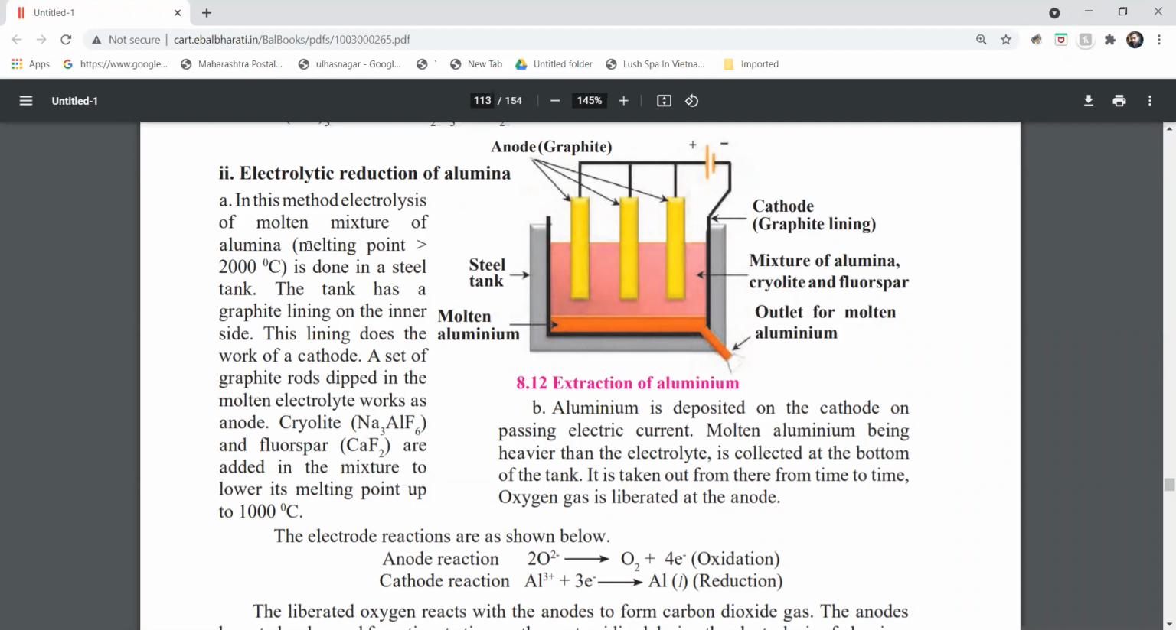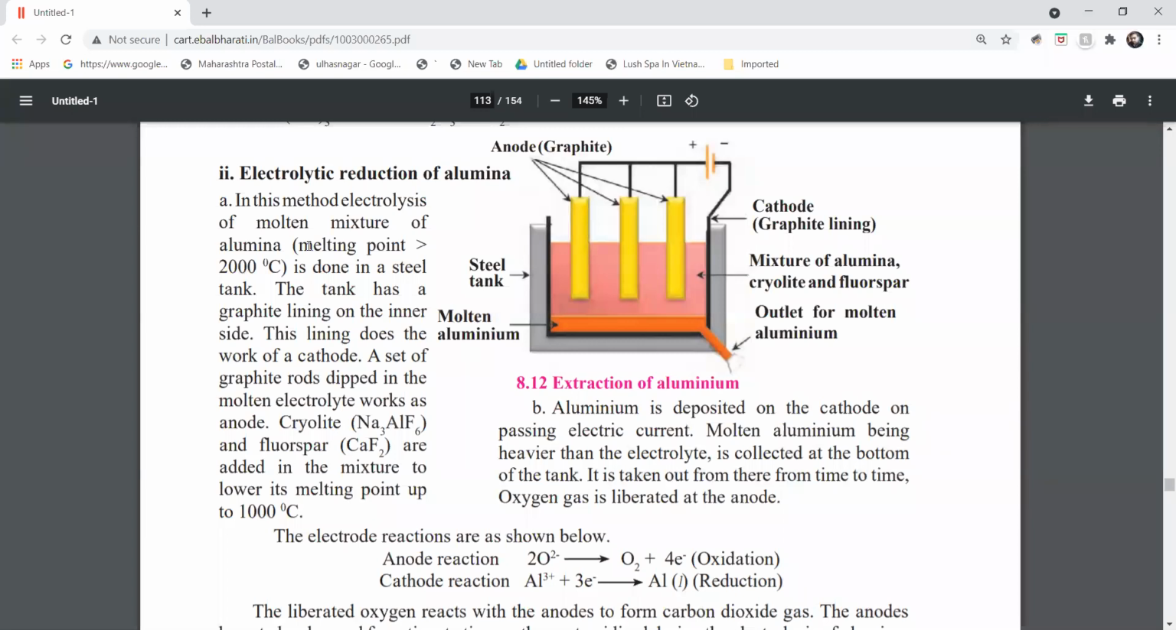So even though alumina has a melting point of 2000 degrees Celsius, graphite has an even higher melting point, around 4300 to 4400 degrees Celsius. So we have a better element that is used to line the tank. And this lining actually works as a cathode. You all know what a cathode is? So you have a graphite lining that is working as a cathode, and you have rods of graphite that are